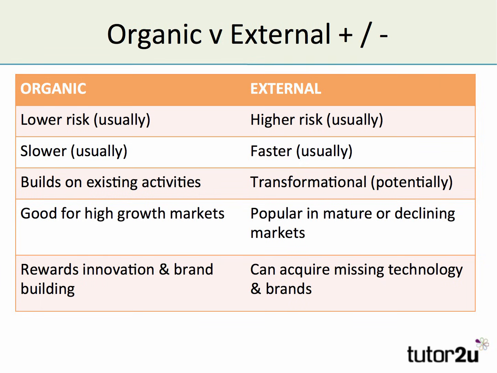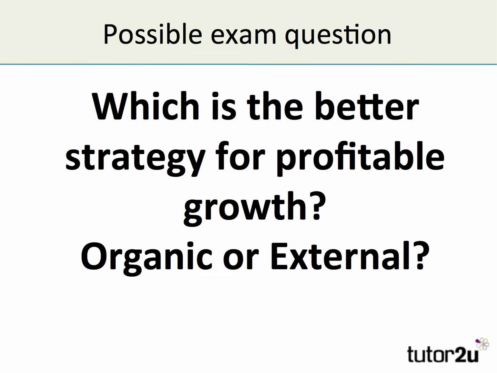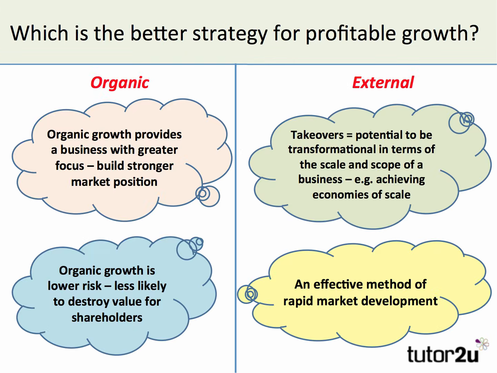So the classic exam question on this is, which is the best strategy, organic or external? It's a classic exam or essay question. Which is the best way to grow profitably? So what I want to do is just take a look at a couple of possible lines of analysis here to show you how you might build a compare and contrast point, or 2 points in answer to a question